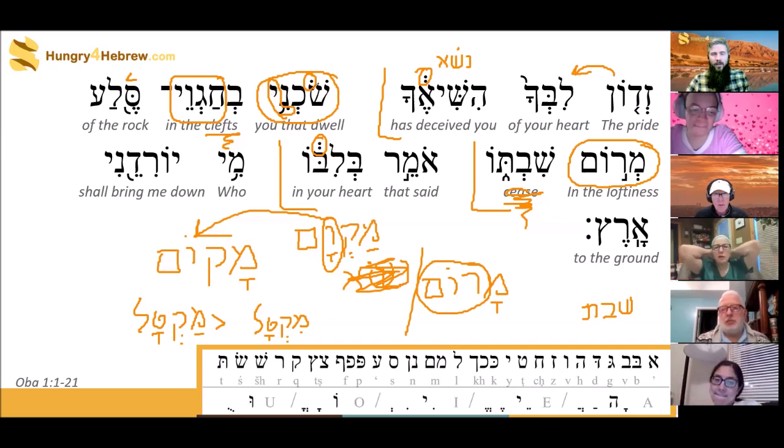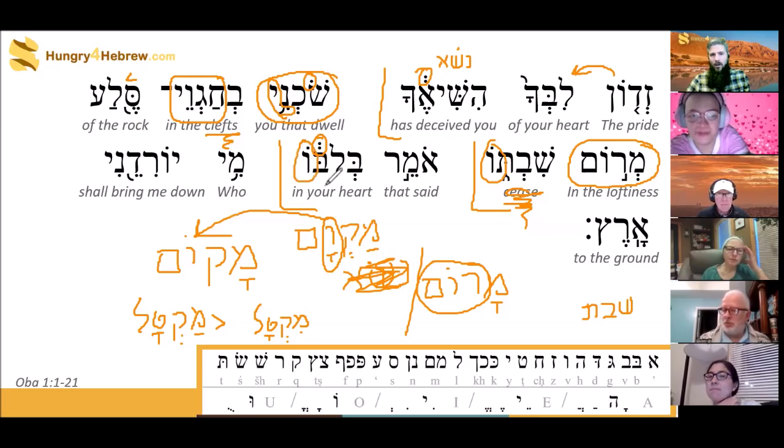So I'm basically, oh, I wonder. No, no. So okay, this O right here says belonging to him. Okay, so dwell in the clefts of the rock, in the loftiness of his dwelling. Omer libo, his heart, or in his heart, is saying, I'm up in the rocks. Mi yorideni aretz. Who